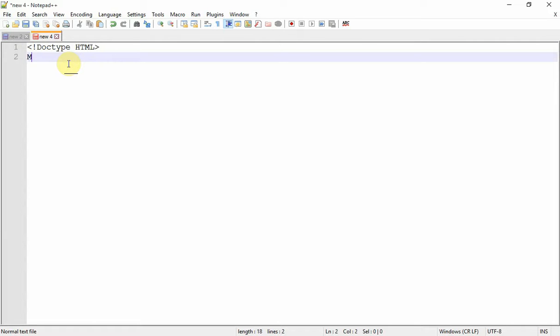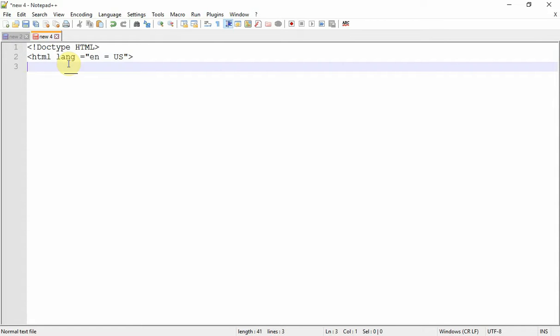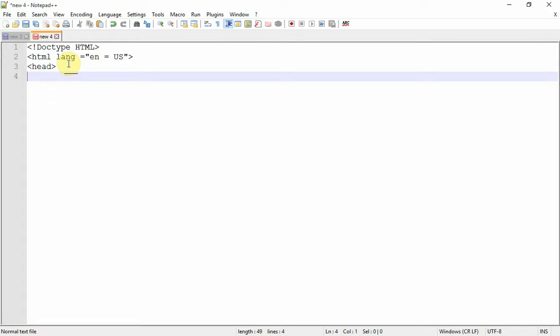Then the HTML lang attribute is equal to English, which is equal to US. Make sure you close the same tag. Then you type in your head tag, your meta tag,